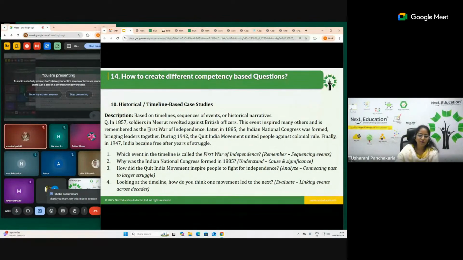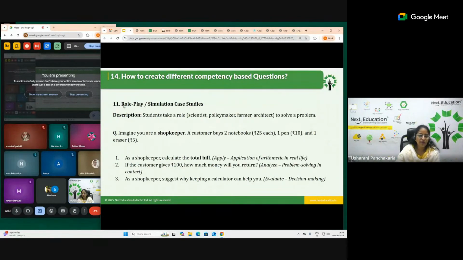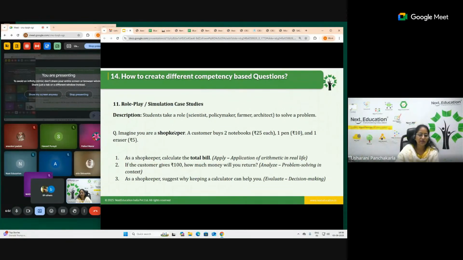Mostly, when I say something historical or timeline-based, case study questions are more about reading comprehension, more about understanding, and comprehending is nothing but English. This we have already been doing from ages. When I studied in 10th also, I saw such a pattern of questions in English, but not in science, math or social. This is where the change has been happening. You would have seen comprehension-based questions or letter writing existing in English, and even role play and simulation, where your English comprehension is being evaluated.